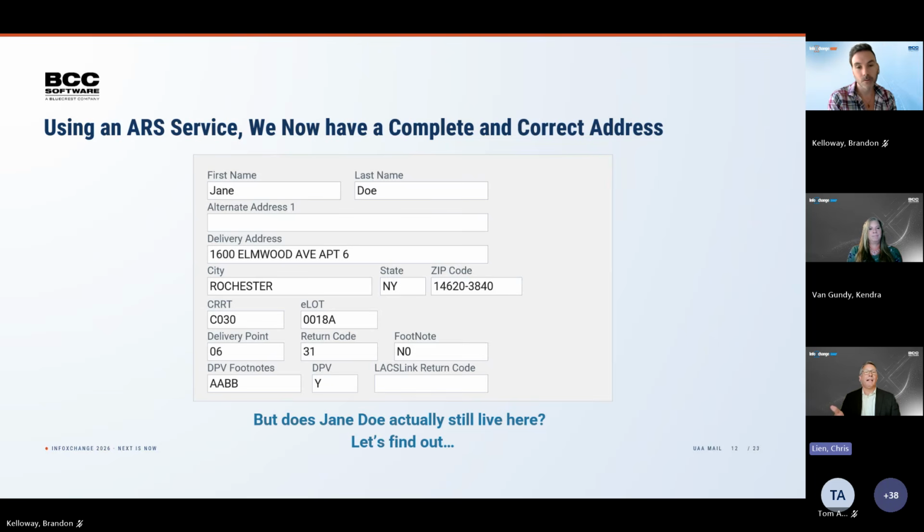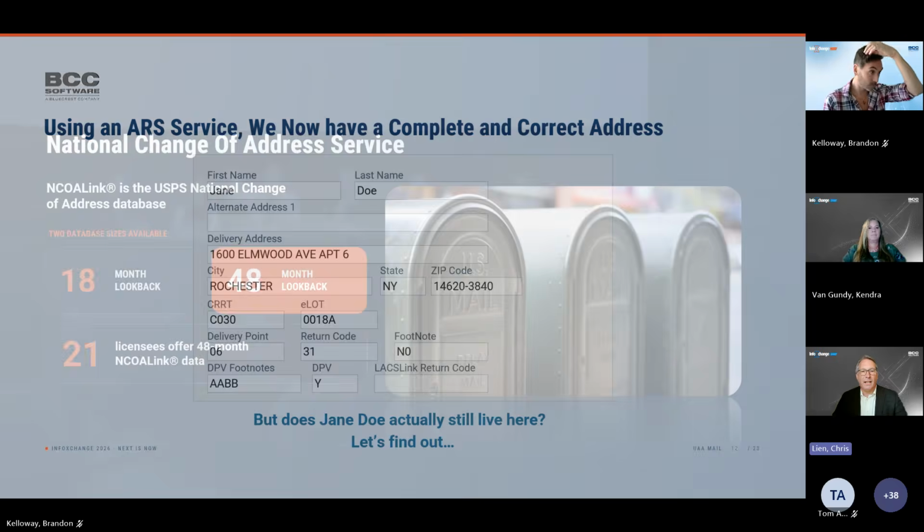If I don't have a 9-digit zip code, the zip plus 4, it can't do a lookup in NCOA link. I have no way of knowing where that person moved. If I don't have the secondary information and there was an apartment they were moving from, I'm not going to be able to make a match. So you really do need to make that modest investment of time and maybe a little additional fees, that the customer should certainly pay for, that can help you get the address updated and find